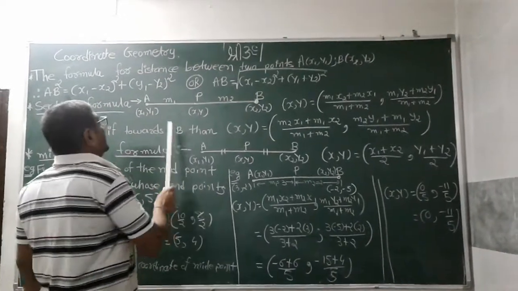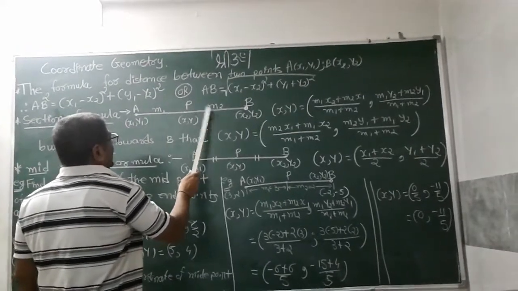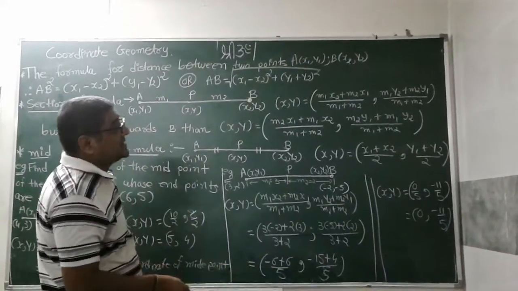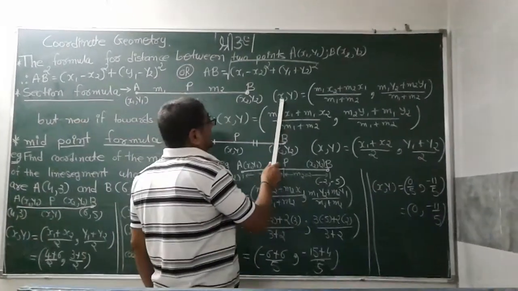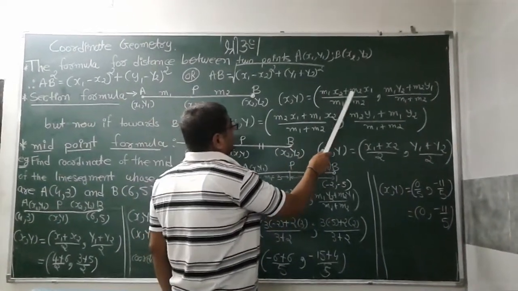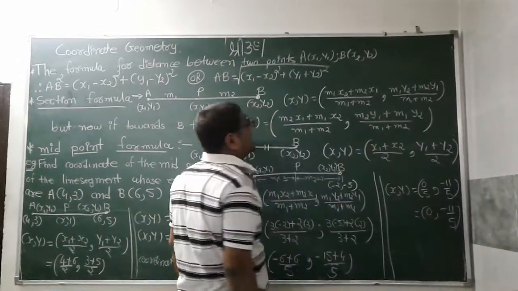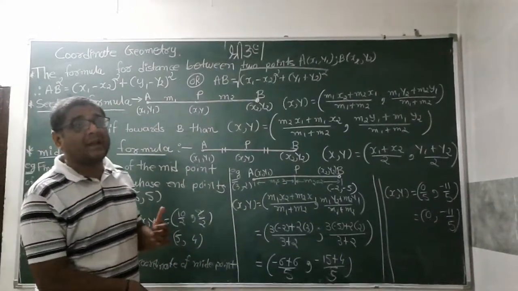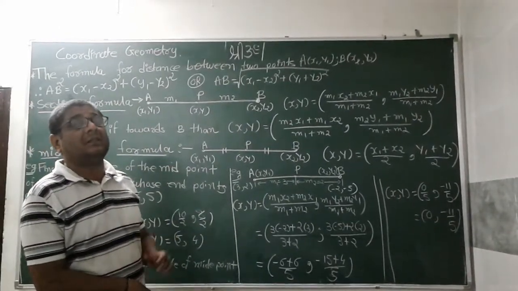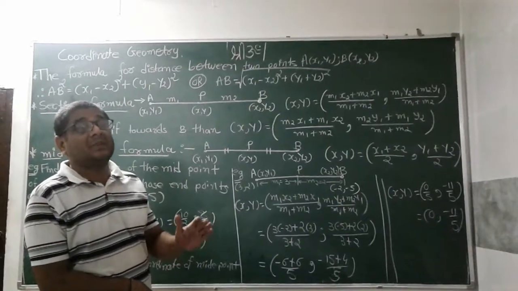In some books, instead of m1 and m2, it is mentioned as m and n. Again, if you see this formula, how many variables are there? 1, 2, 3, 4, 5, 6, 7 and 8 variables are there. Out of that, if you want to apply the linear equation, then 7 variables' values must be given directly or indirectly.